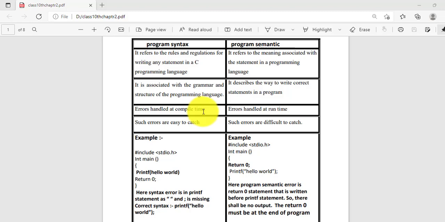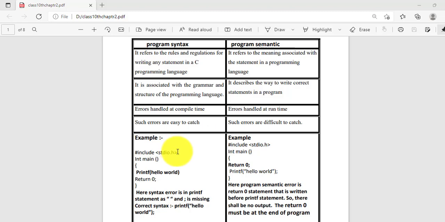When you compile your program, the syntax errors are usually shown at compile time, whereas semantic errors are shown at runtime. Syntax errors, the rules and grammar and structure of the program, are very easy to catch, whereas semantic errors are often difficult to catch. I'm going to explain that concept with the help of an example.